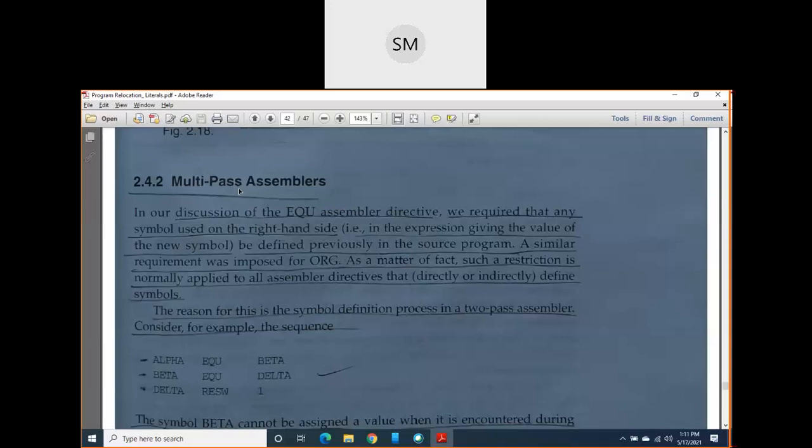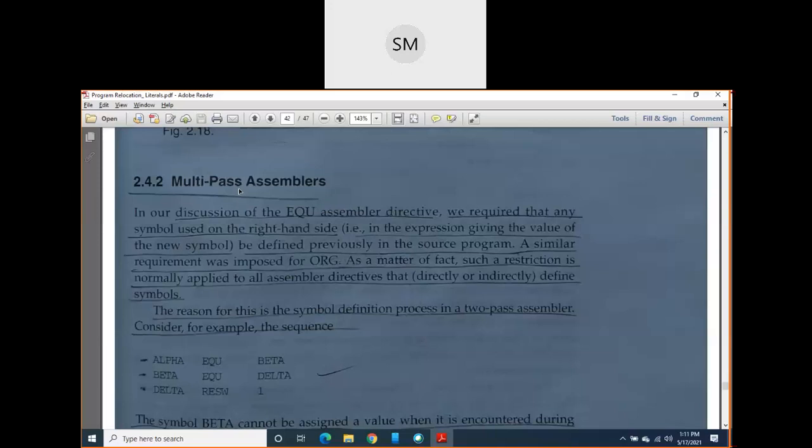Sometimes assemblers use pass 3, pass 4, pass 5, pass 6, and so on. Such assemblers are called multi-pass assemblers. When we should use such assemblers and what problems they solve, I will tell you in tomorrow's class.